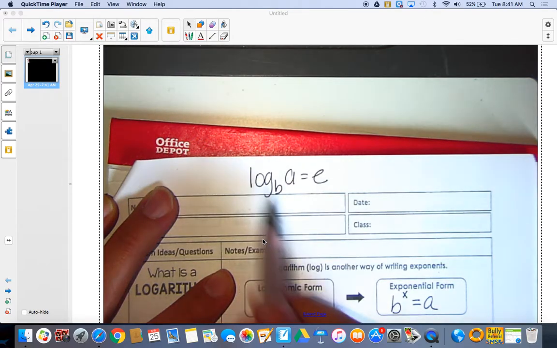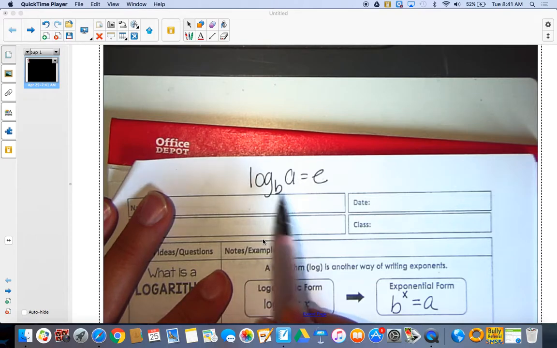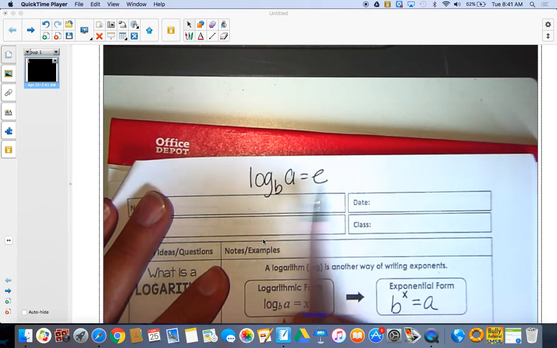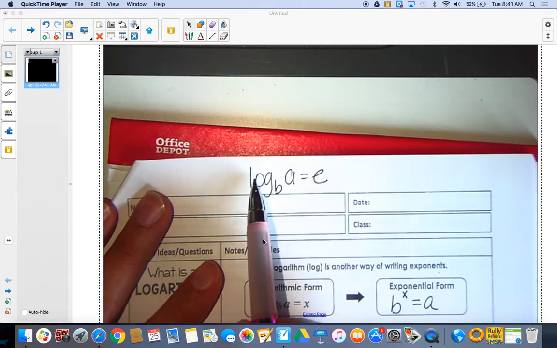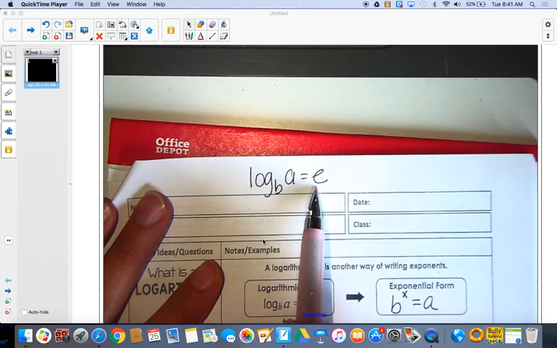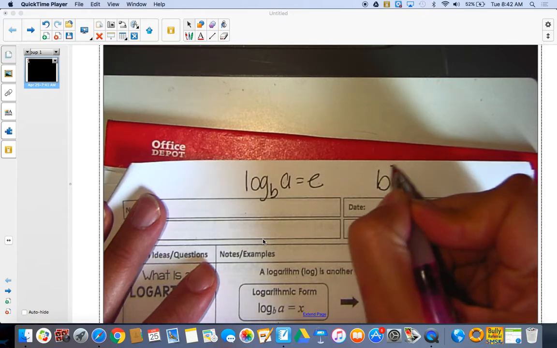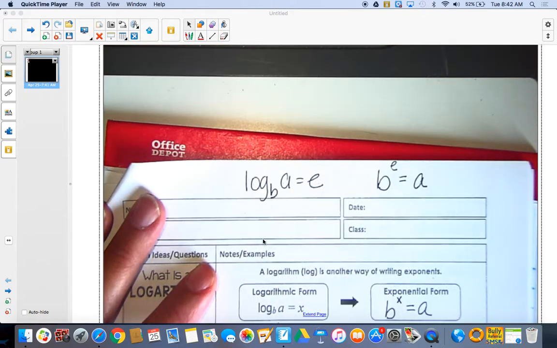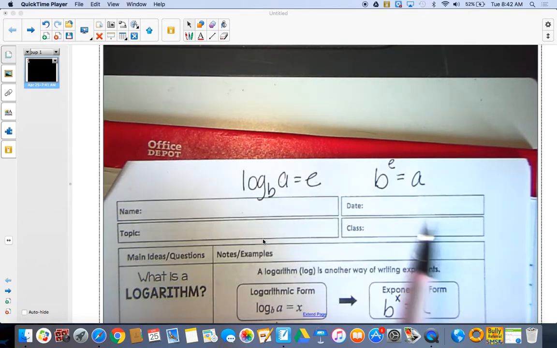When you have BAE, if you notice it's in this order, BAE, which you guys use that term before, after I developed this, before anyone else, I believe, is what it stands for. But here's BAE. This is your base, there's your answer, and your exponent. So if you were to rewrite in exponential form, it would be here's your base, there's your exponent equals your answer. Okay, so what you're going to try to do today is rewrite it from logarithm to exponential form,